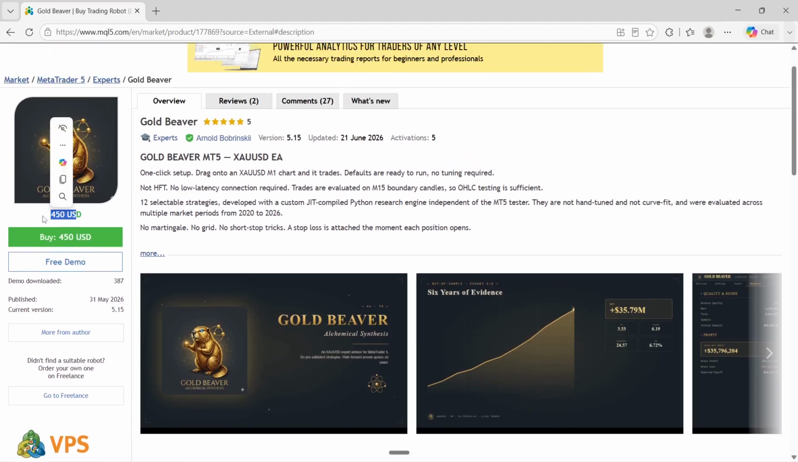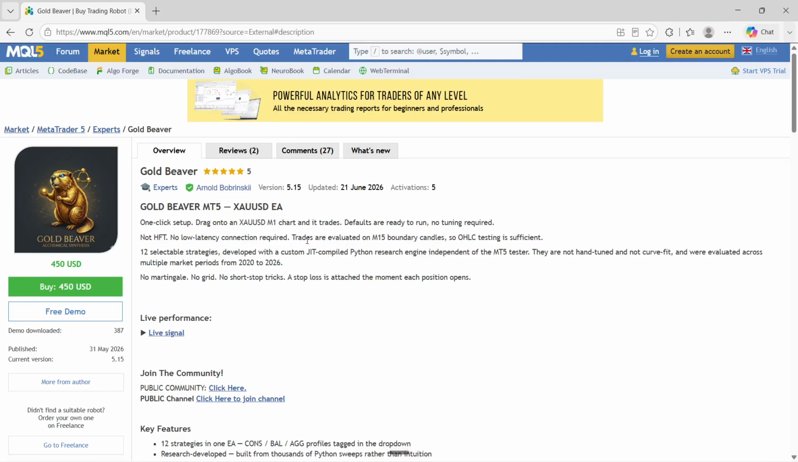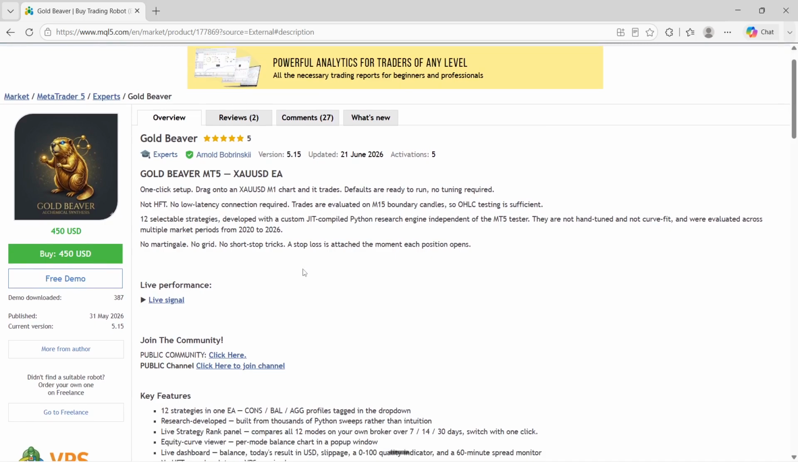As you can see, the EA goes for 450 US dollars. And when we expand this, you can see on the MQL5 page that the Gold Beaver is designed for one-click setup on an XAUUSD M1 chart. Defaults are ready to run. It is explicitly not HFT and does not require a low latency connection because trades are evaluated on M15 boundary